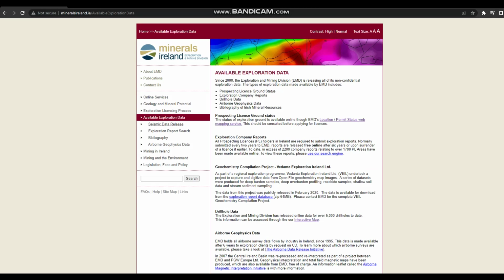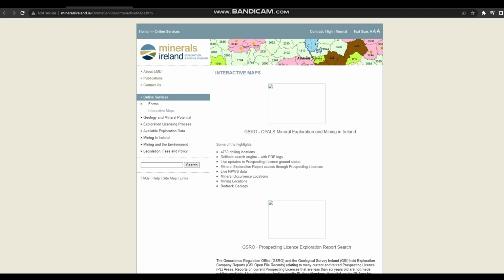And then once we click on available exploration data, we come over to here. It's prospecting license ground status. What we'll do is we'll click on permit, and this will open up the map. Now you can't access it on mobile. You used to be able to do it through mobile, but now you can only do it through PC or laptop. So the second one is to do with the status of a license, not really relevant to ourselves, and